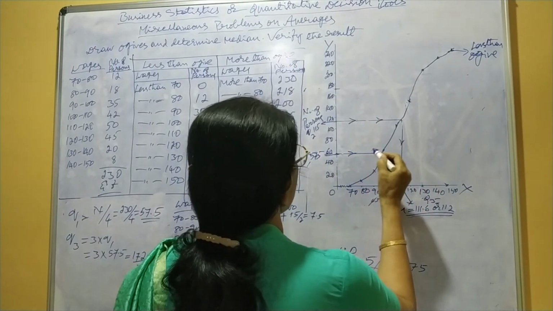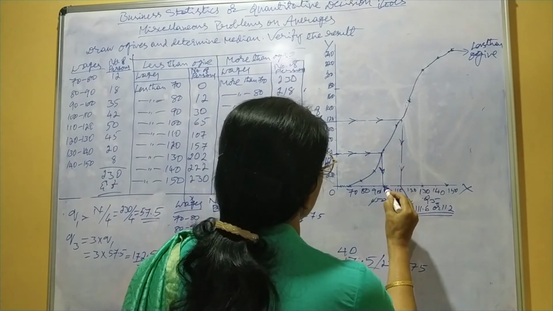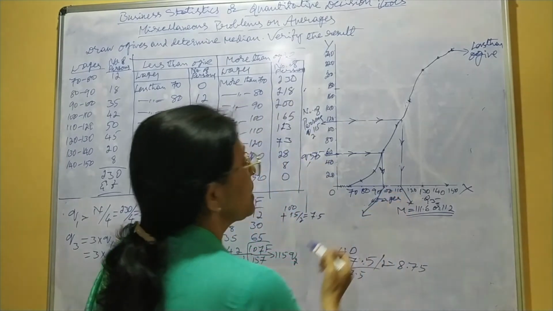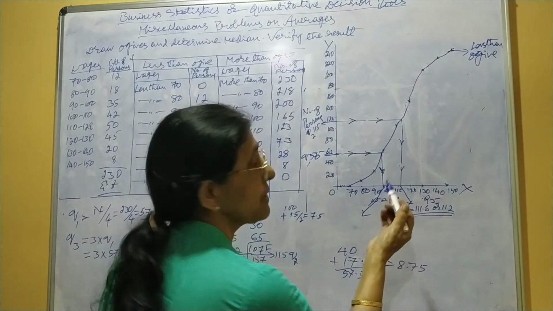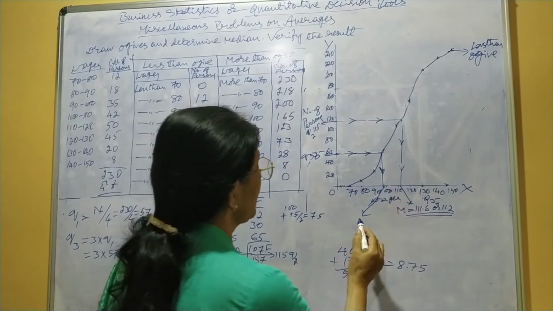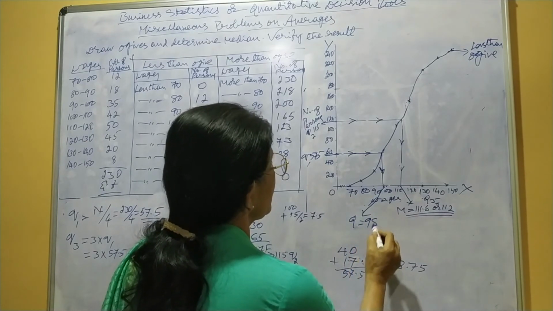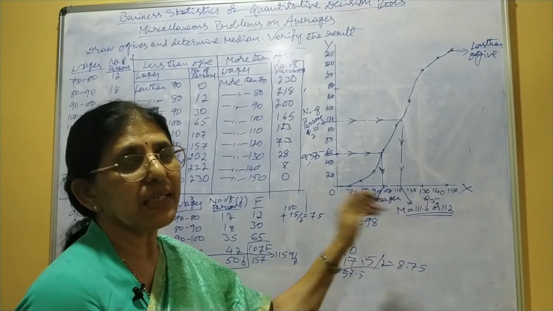Now the direction is like this. Now we have to take the reading at this point. Here it is near 100, it may be 2 millimeters. If you take it on the graph, you will get it exactly. Therefore, you may take Q1 as 98. It will be somewhere there, and on the graph you will get it exactly.